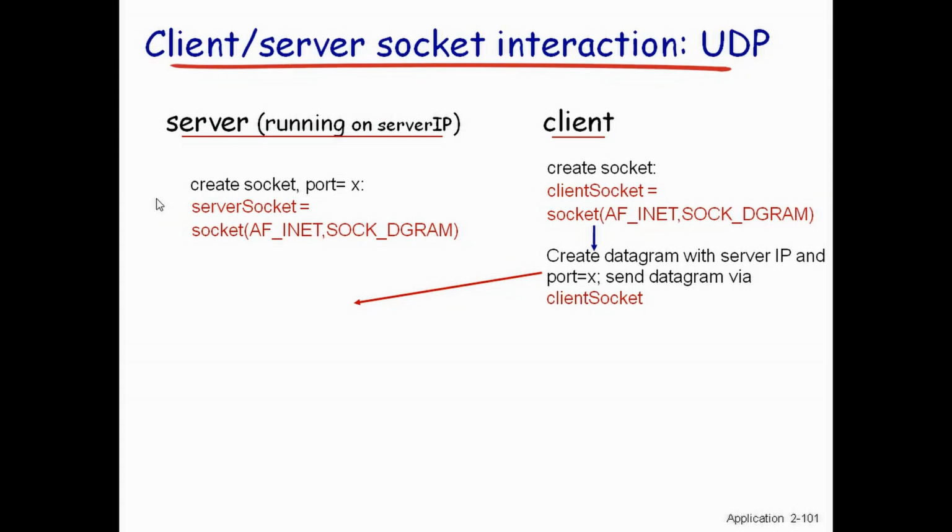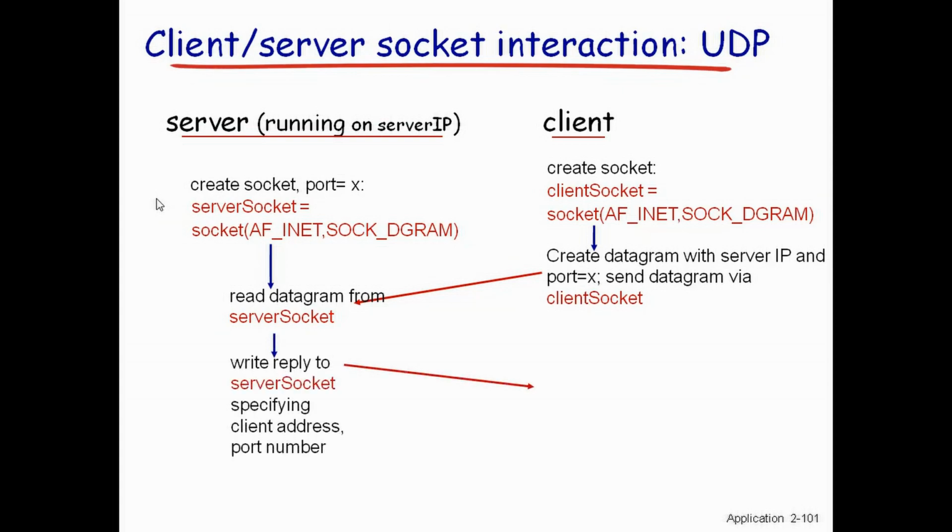Okay, so we have the client server socket ready already, and the client also creates its socket, and then it sends the packet along with the server IP address as well as the port number. That is more important here. Okay, read datagram for the server packet socket. So what it does, server will receive that datagram, whatever it has sent, and it will read that datagram.